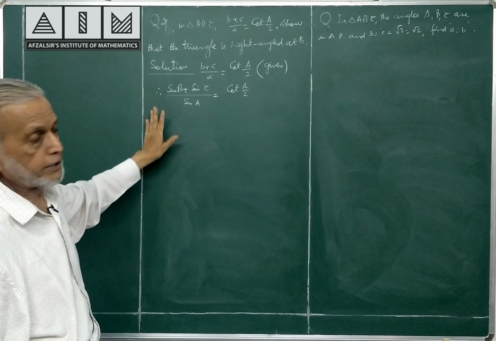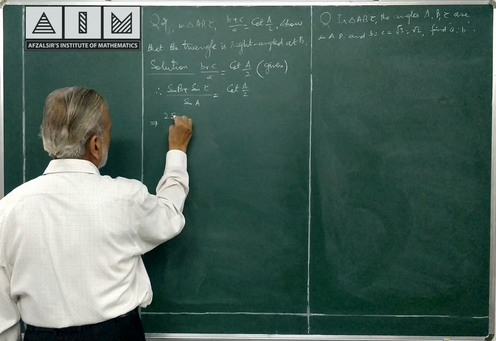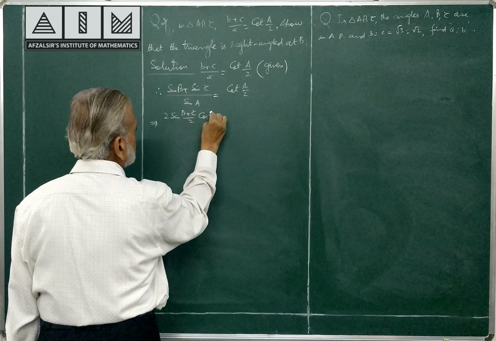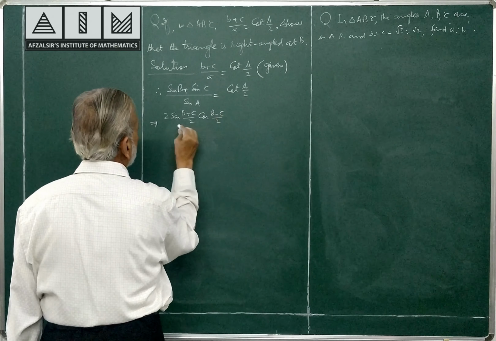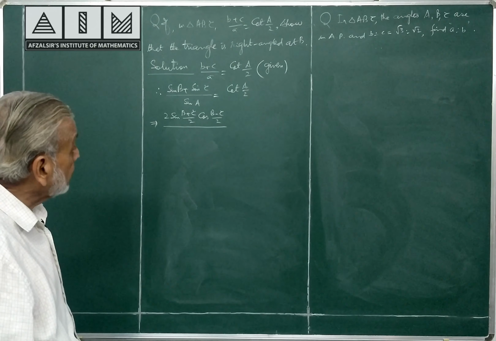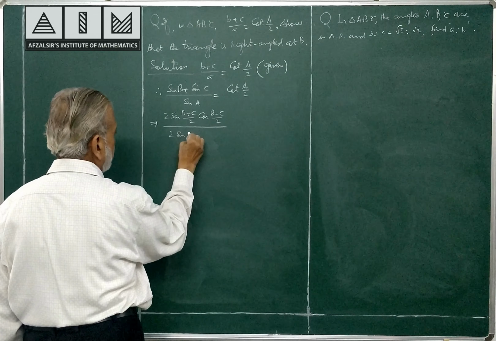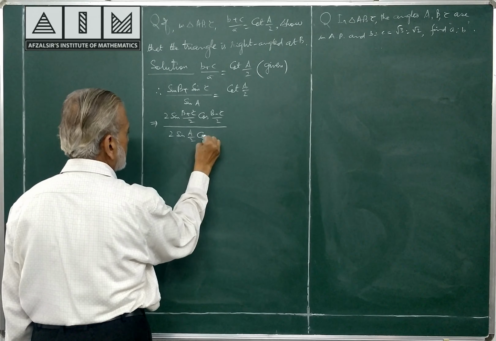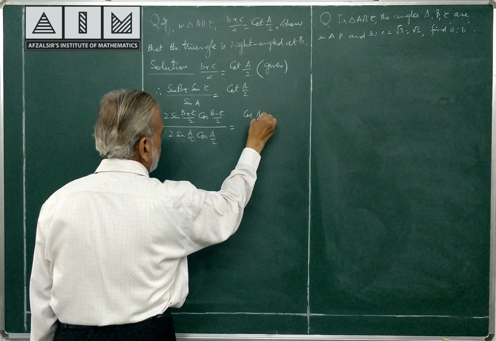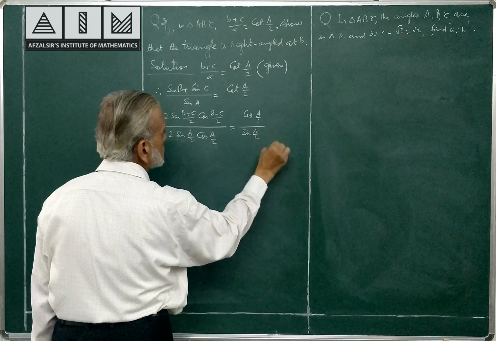It's only proportionality. Now the transformation formula, sin C plus sin D is 2 sin C plus D by 2 cos C minus D by 2. So sin B plus sin C is 2 sin B plus C by 2 cos B minus C by 2. This is the formula for sin B plus sin C, that is compound angles formula, transformations. Sin A, multiple submultiple angles, 2 sin A by 2 cos A by 2 is equal to cot A by 2. It is cos A by 2 by sin A by 2. Understand?